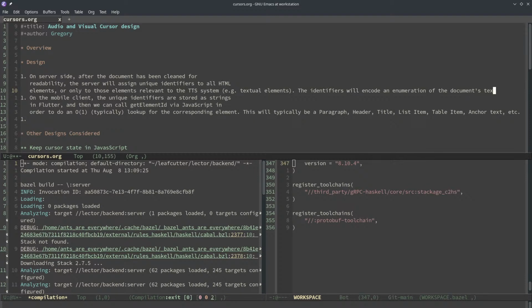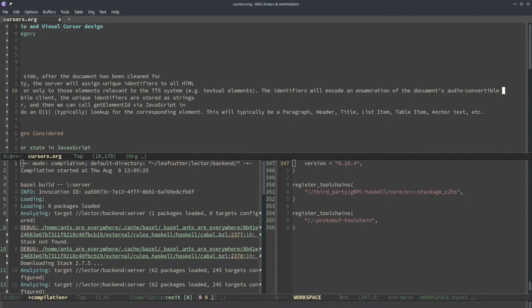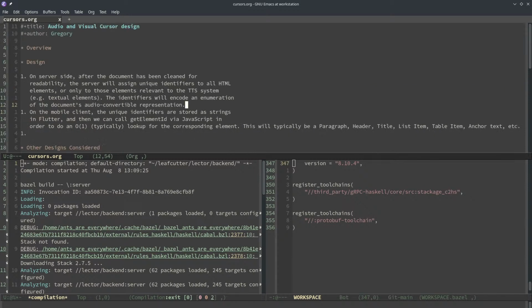The document's text representation will be audio convertible. Well, just audio convertible representation. That's a kind of crazy sentence, but what it's trying to say is that, e.g., they will have a form like